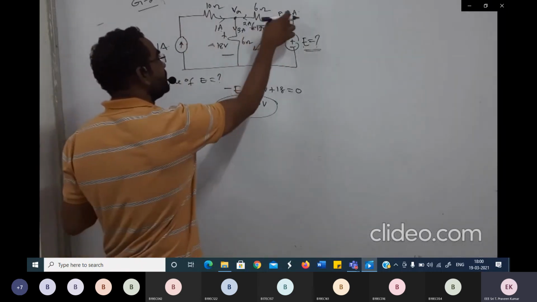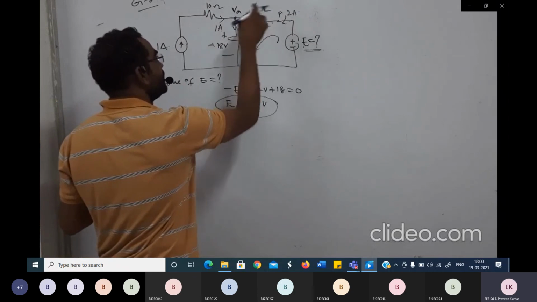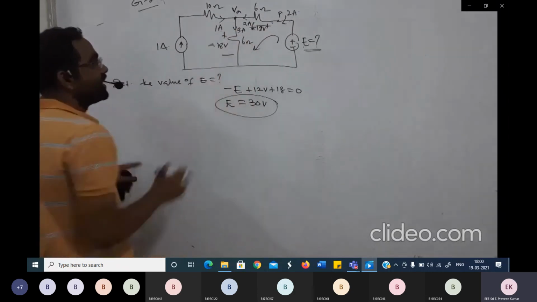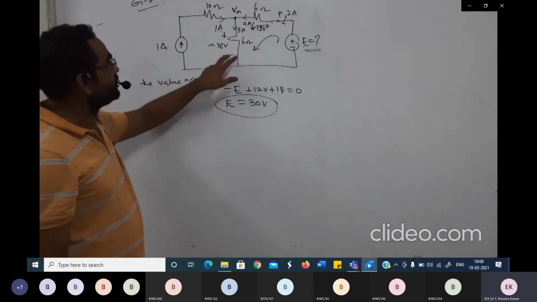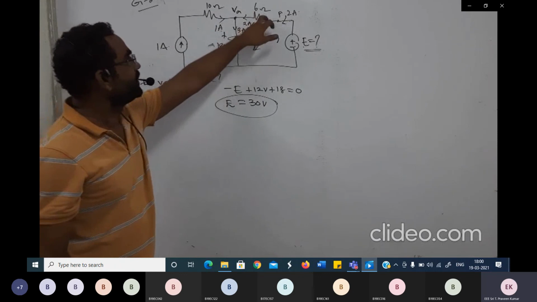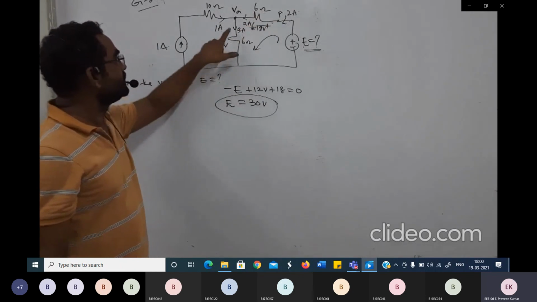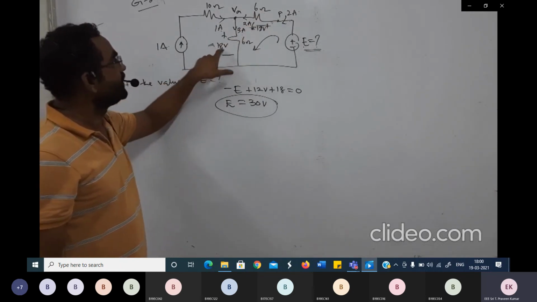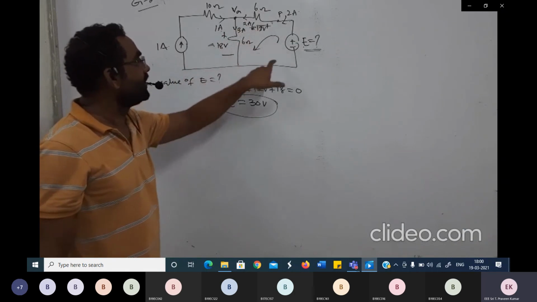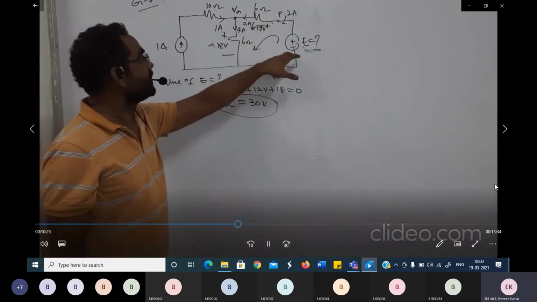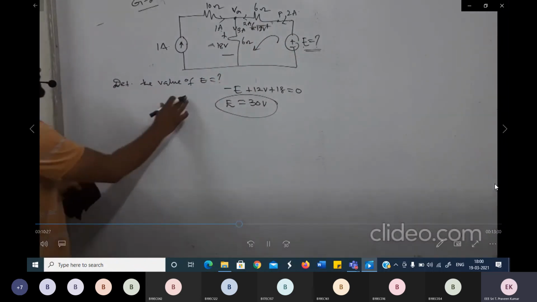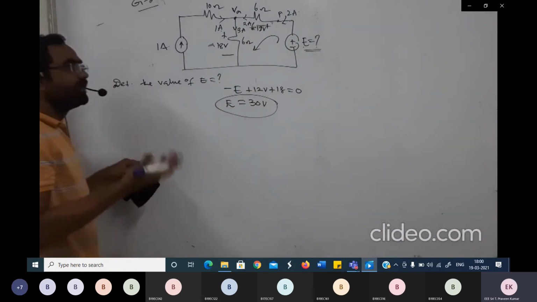Now this is another current which is flowing from the source, given as 2 ampere. So this 2 ampere and this 1 ampere, both into this resistor, so 3 ampere is the total current flowing to the 6 ohm resistor here. 2 ampere current flowing here. So this is 6 into 3, which is 18 volts. This is 6 into 2, 12 volts. Now if you simply apply KVL for this loop, it is minus E plus 12 plus 18, so E equals 30 volts. Now this is another question which is asked on KVL and KCL.